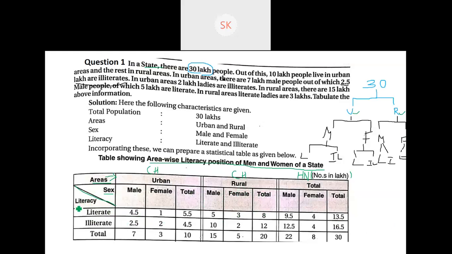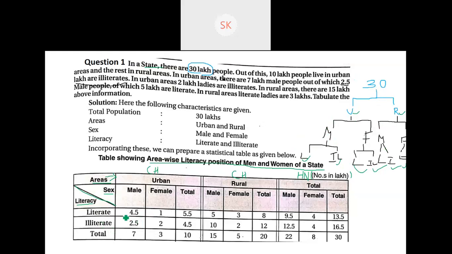Then, when it comes to literacy, we have two categories, that is literate, illiterate for everybody. So literate, illiterate, total. So this is giving the heading. Now do not confuse and exchange the places. It will be a little problematic for you to put the numbers, but you will still get the answer. So always you can give this hierarchy, and then you can do the table.